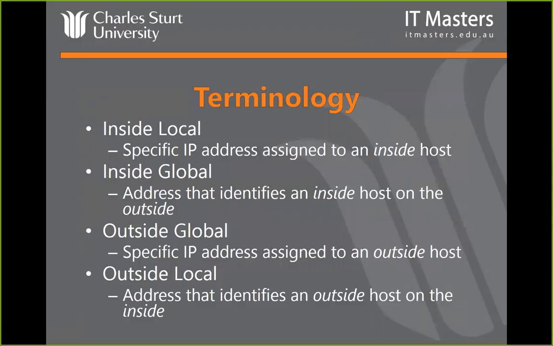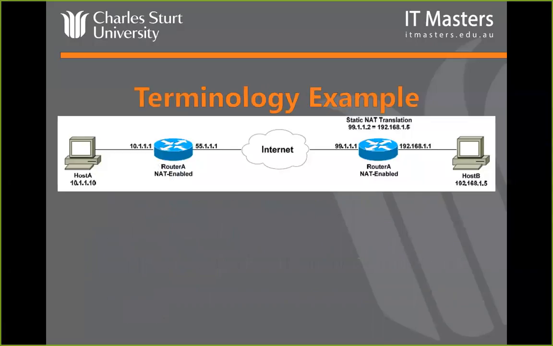Now, in the vast majority of NAT implementations, the outside global and the outside local will be the same IP address. However, if you're using destination NATing, then they could be different. It's a different way of NATing. So instead of NATing the source address, which is what we normally do, source address outbound, we could also manipulate the destination address and NAT that as well if we wanted to. And you can do both at the same time if you want to. But that's a bit more of a CCNP scope rather than CCNA to that level.